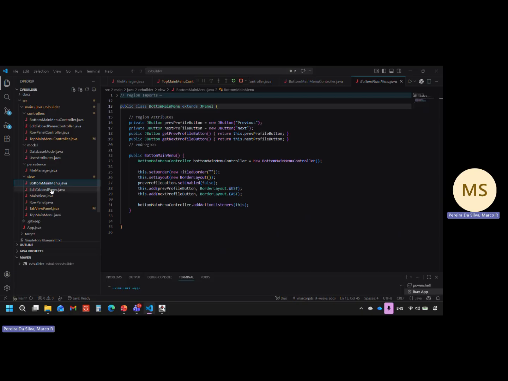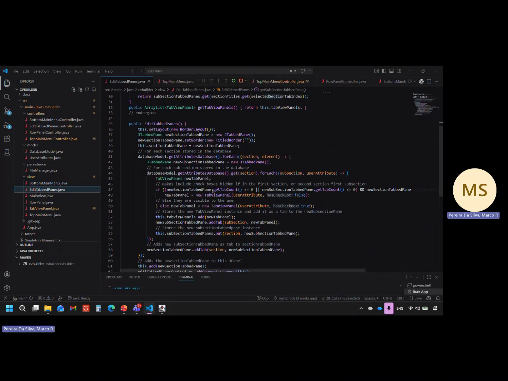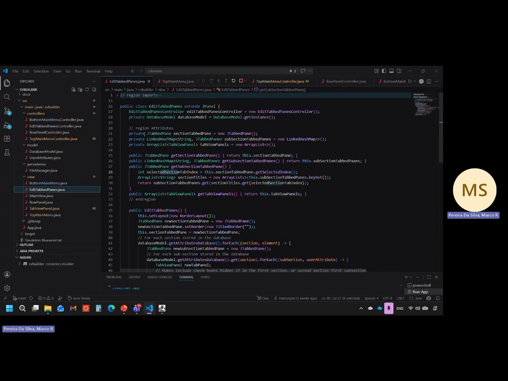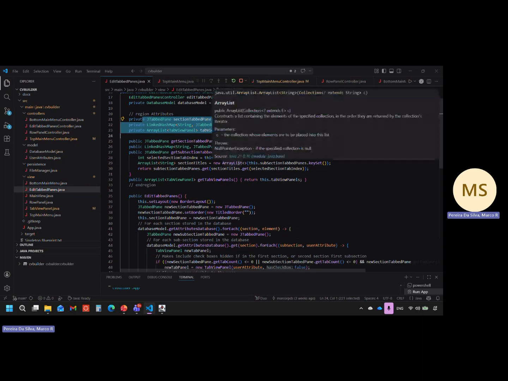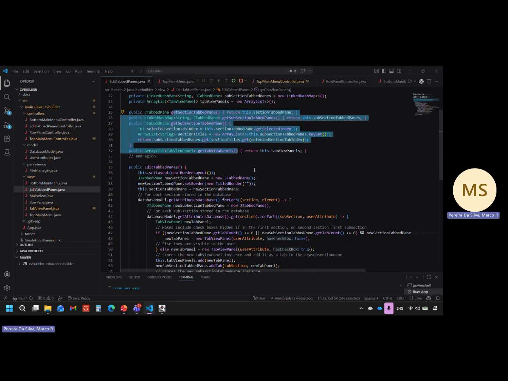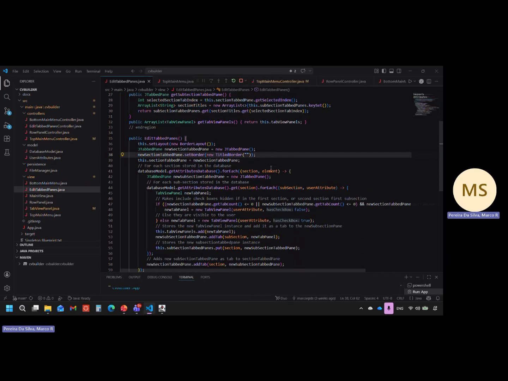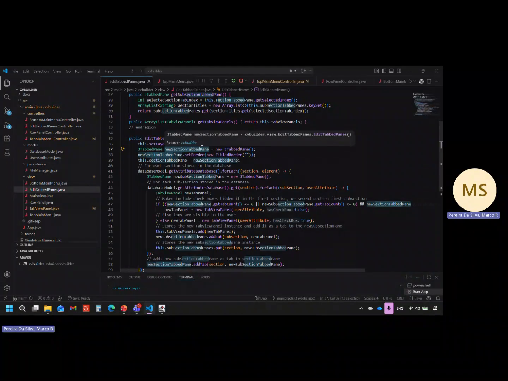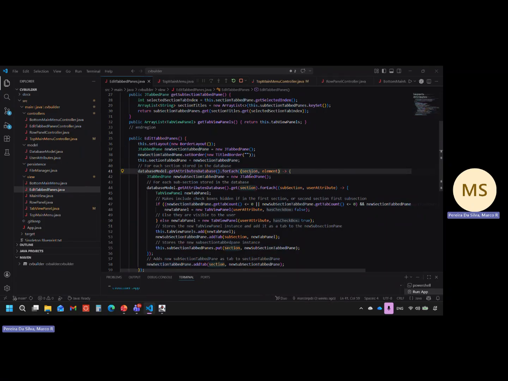Then on our edit tab panes, where all the action happens, here is where we store all our sections, subsections, and tab view panels, so we can retrieve it later. All getters, setters, special getters up here. And then the way we start this, we create a new section tabbed pane where we're going to add all our section tabs. Then we are going to go through the database model, all the sections, and then we're